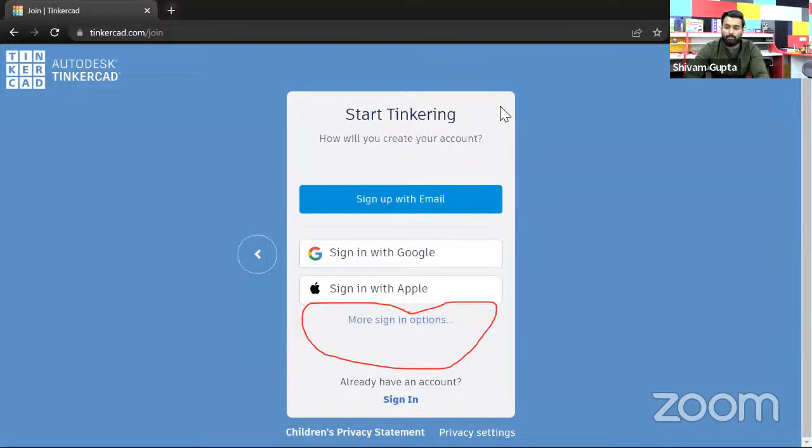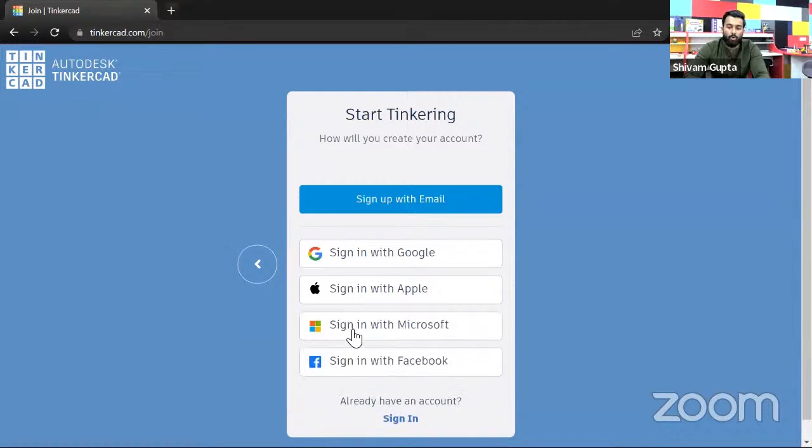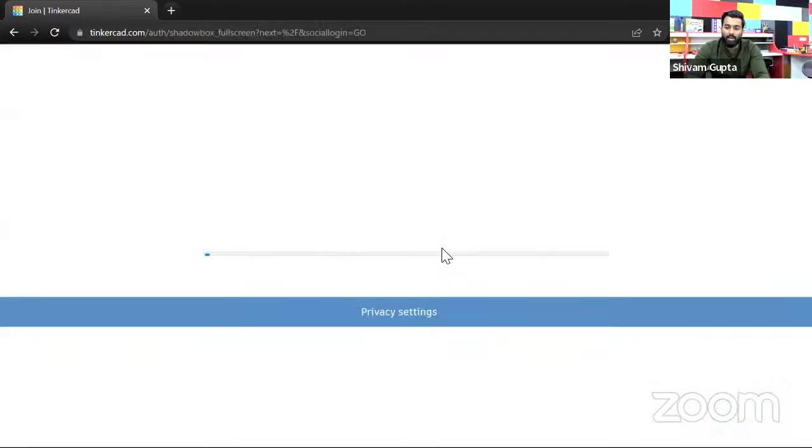Then you can sign up with any of the options given below, like sign in with Google, sign in with Apple. If you click here on more sign in options, you can find more options like sign in with Microsoft, sign in with Facebook, right? So you can use any of the options given here. But the simplest one is sign in with Google. So you can just click on it